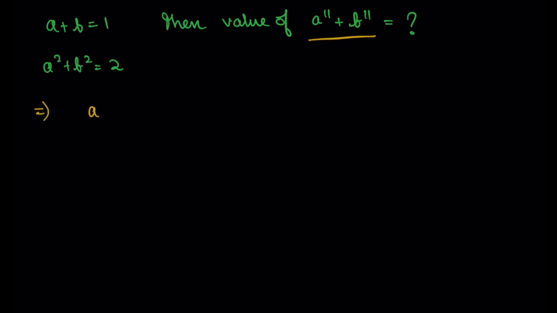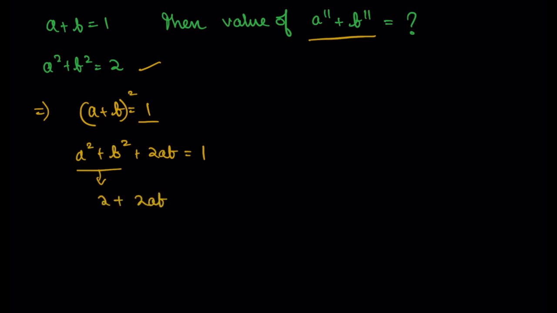We are given a plus b is 1. So we will be squaring on both sides. It will still be 1. So a square plus b square plus 2ab equals 1. We know that this value is 2, it's given in the question. So we could write 2 plus 2ab equals 1. So 2ab equals minus 1. ab equals minus 1 by 2. We'll write it aside. ab equals minus 1 by 2. Right? Now,